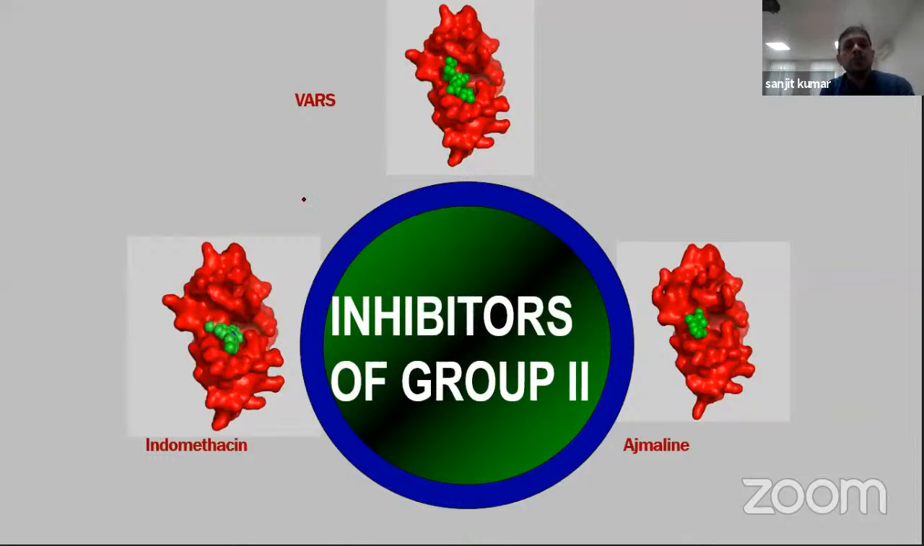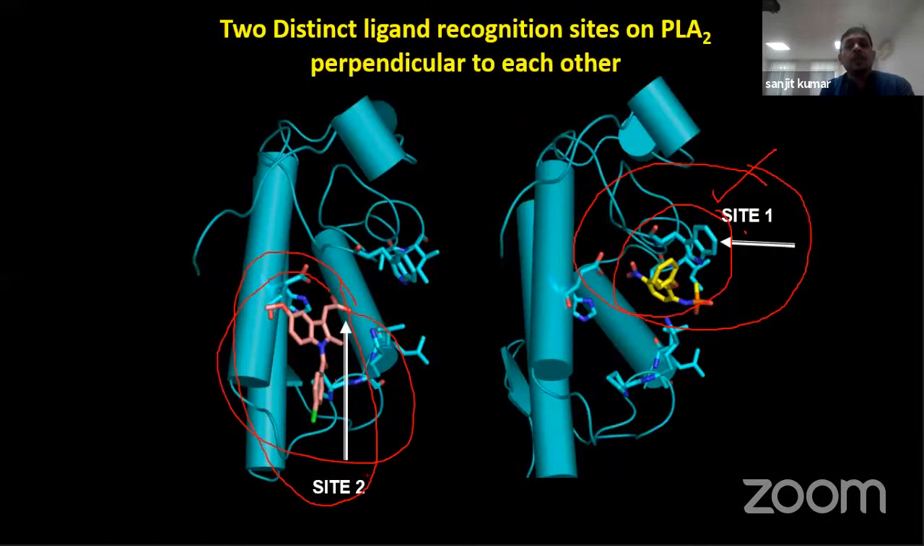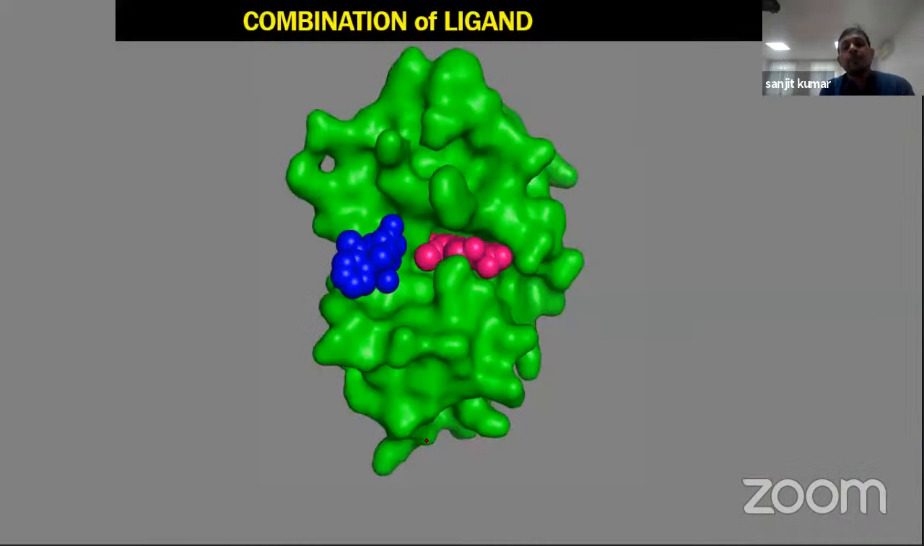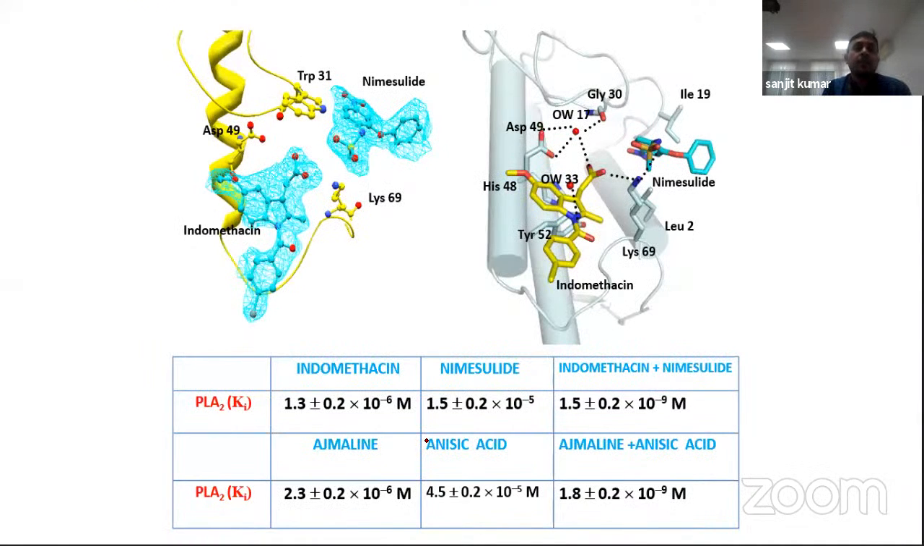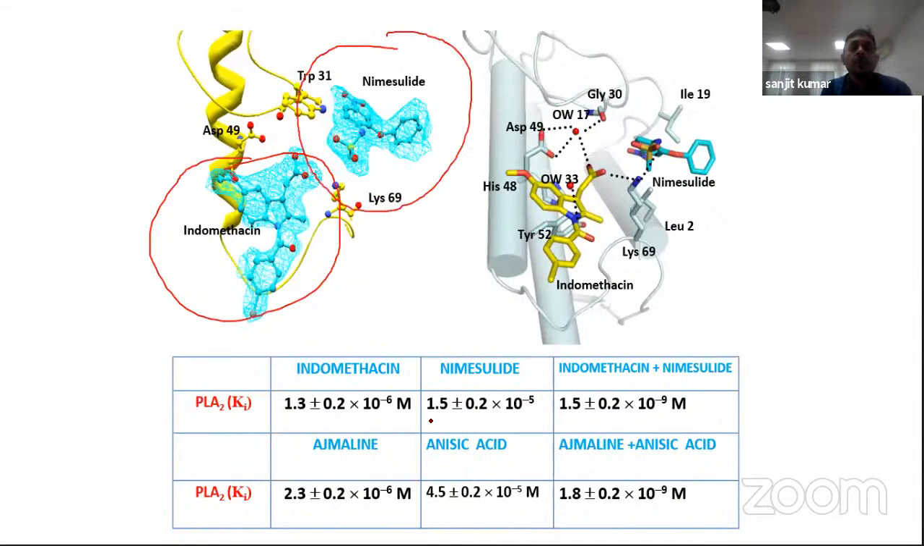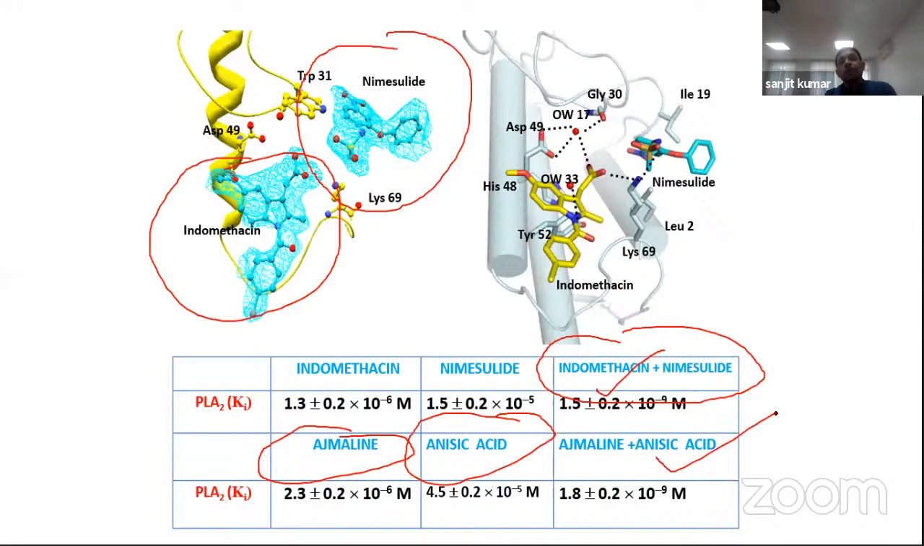And then we found that indomethacin and asmalene both bind to site 2 here. So then we made a combination. Can we combine two ligands? And then we found that indomethacin binds here and nimesulide binds here. And when we did the kinetics also, indomethacin and nimesulide inhibit more. And the same thing we have done with asmalene and anacetic acid, and we got more inhibition. So then our hypothesis is that if you know the structure of any protein or enzyme, you are able to